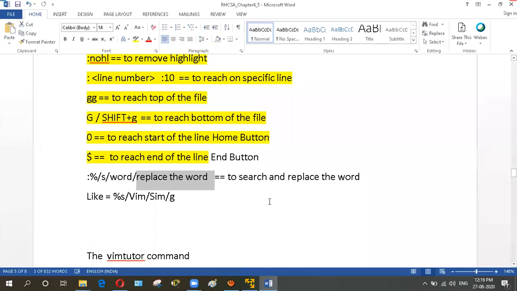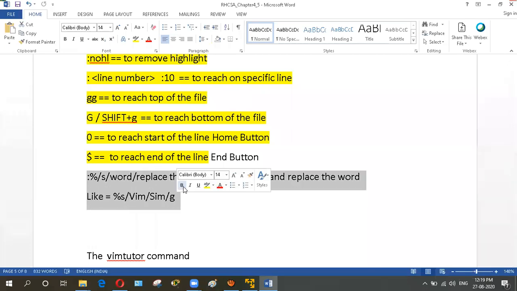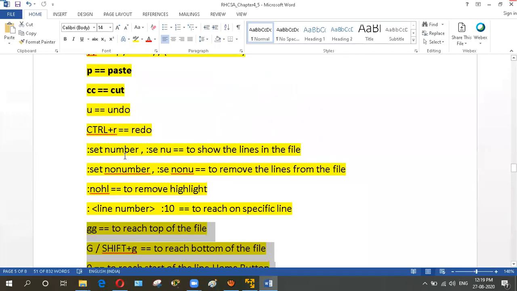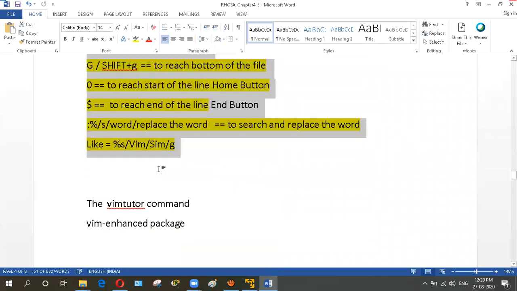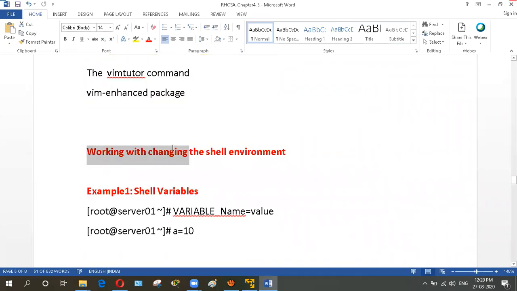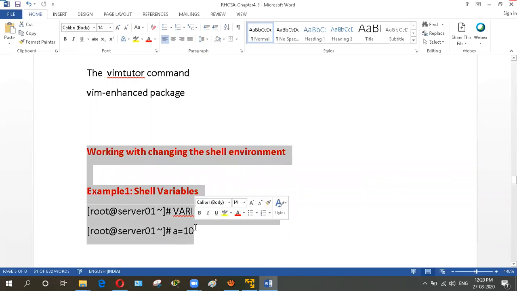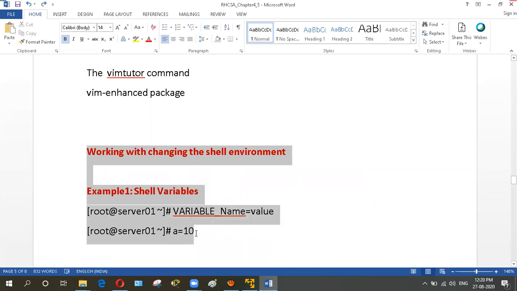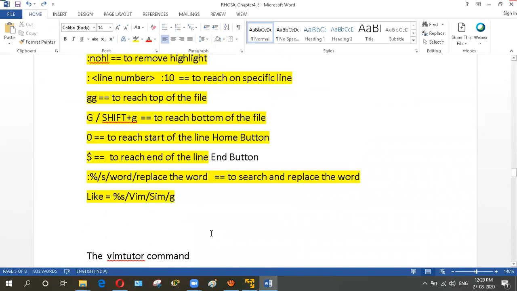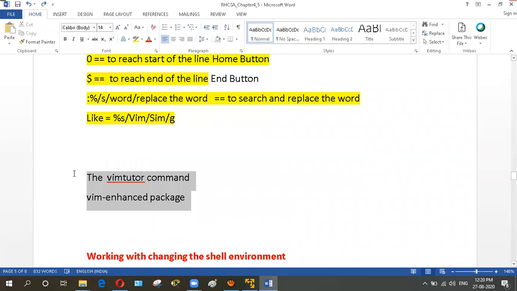So my topic is completed. I have completed this. Do you have any doubt in these options? You can ask like this. So these are all the commands of Vim. I have completed these. These options I will complete in the essay 2 book when we start essay 2. So these are part of scripting. I will discuss these later. So these are completed.